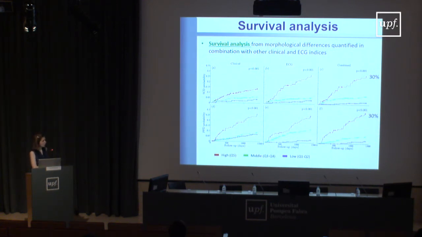In terms of pump failure death, so basically death due to failure of the heart as a pump, what we see is that if we use the clinical variables, we already have a quite good enough separation between the low and the high risk groups, similar to what we get when we use the ECG markers, and when we combine both of them, we get basically the same behavior. So basically, the markers we are using are very useful to identify arrhythmic risk, ventricular arrhythmic risk leading to sudden cardiac death.